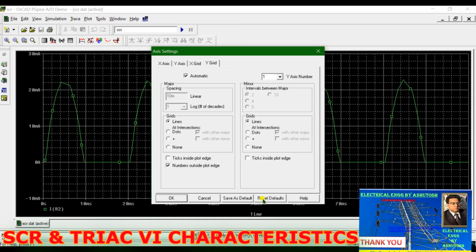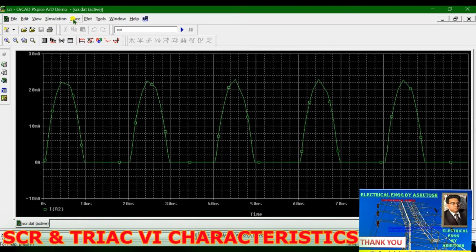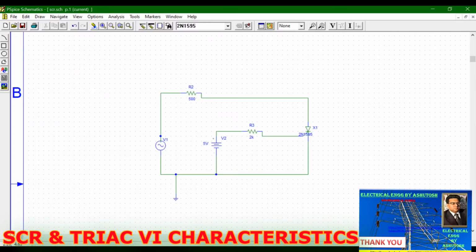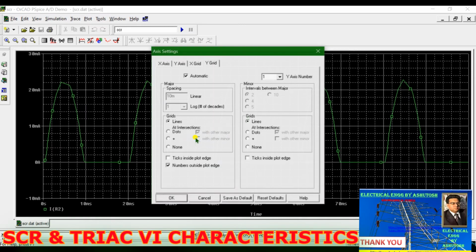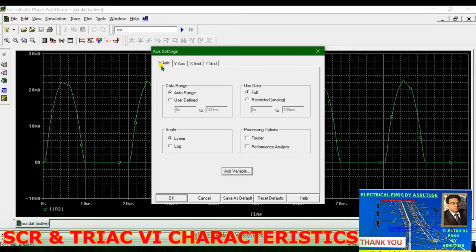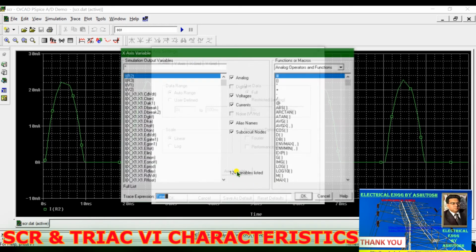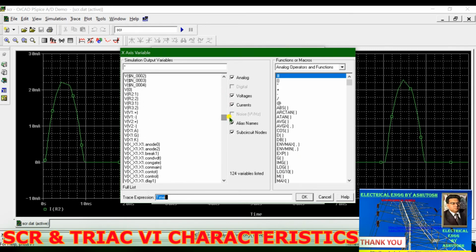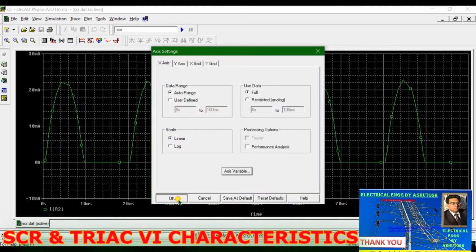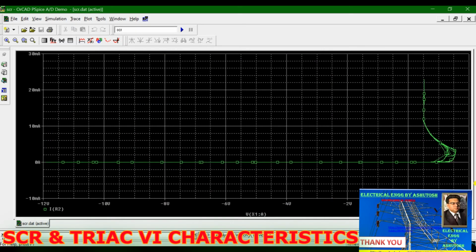Okay, then OK, from here trace, axis variable, and you have to choose VX1A, then click OK, and then it will appear.